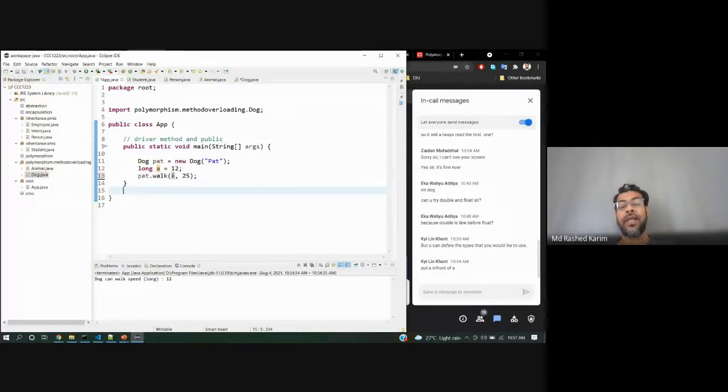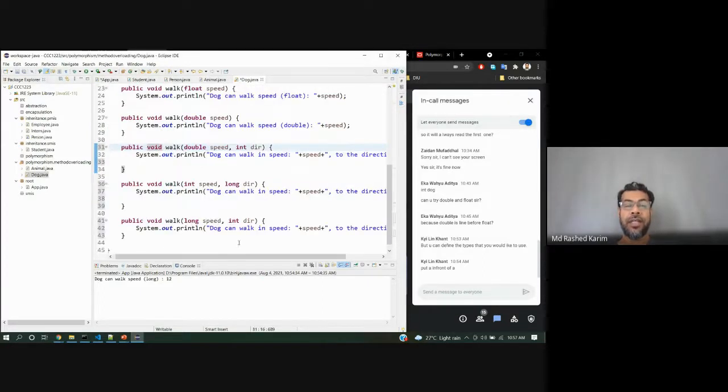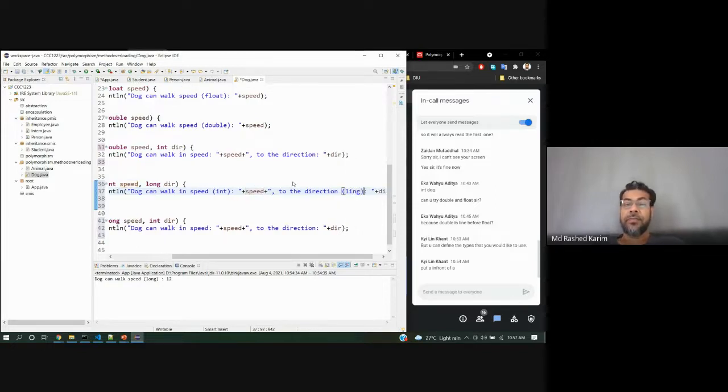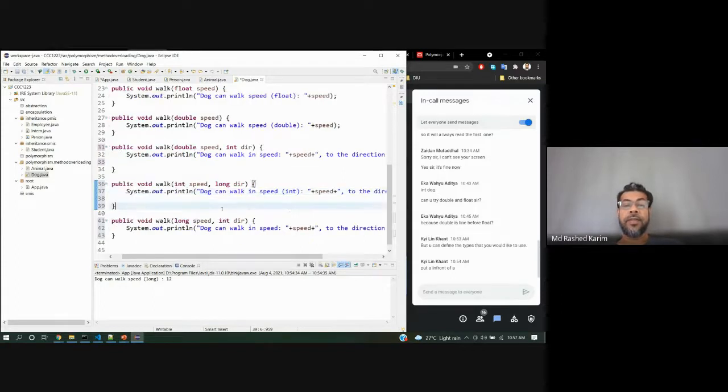Now it checks that, okay, this is a and this is long, maybe. I need to check by using integer and long. This is int, then the other is long. Let me check.